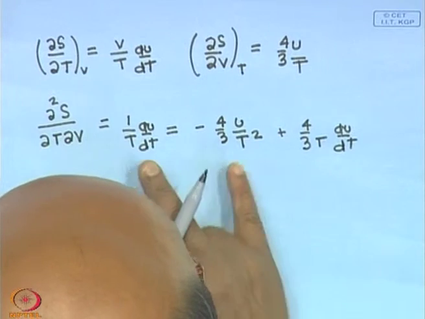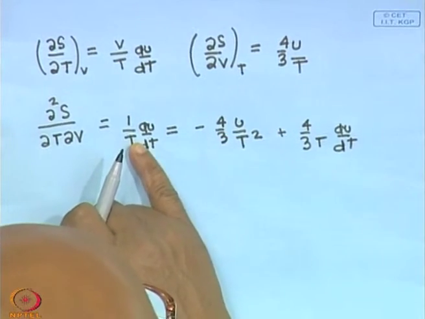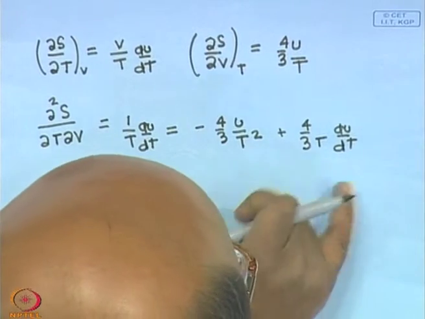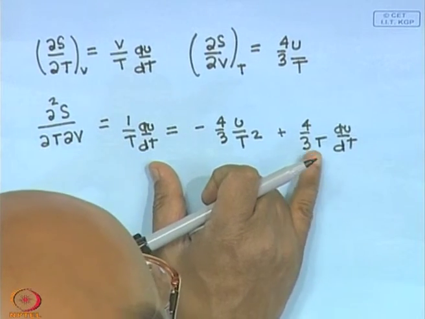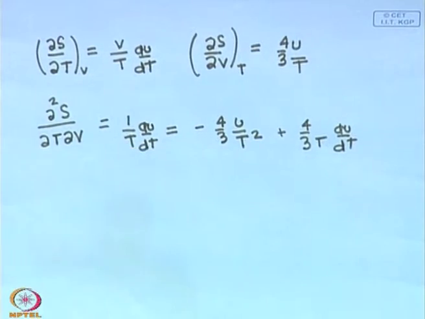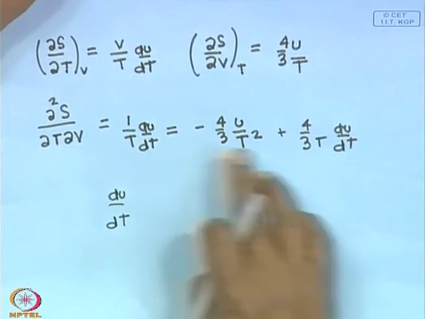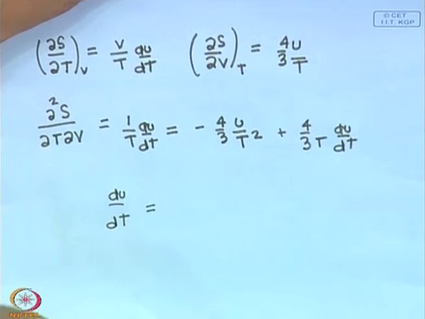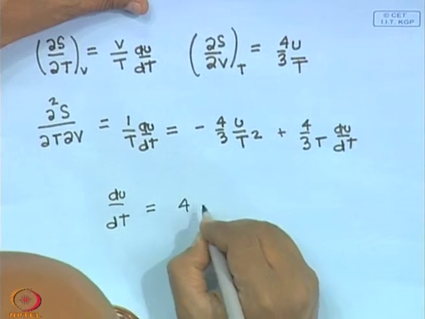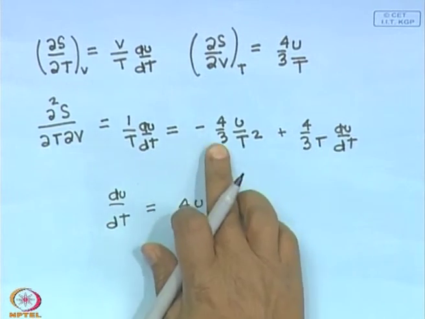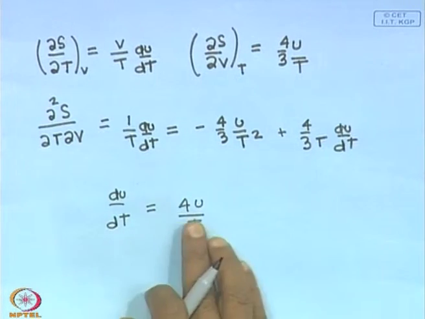So, we can combine these two terms, take this onto the left hand side, and what we have then is that du dt is equal to 4 times u by t, right. We have just taken this onto the left hand side. So, 1/3 just remains, and here I have 4/3, both pick up minus sign. So, the 3 cancels out. What we are left with is this,